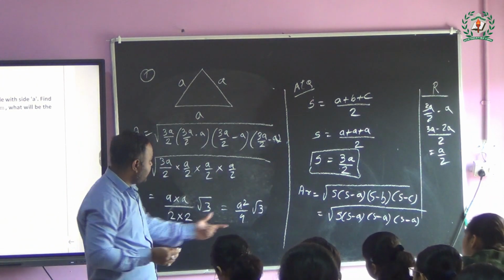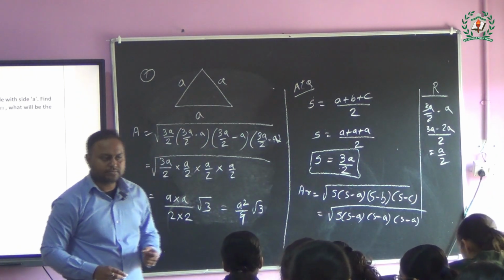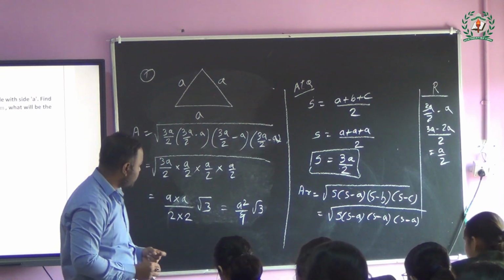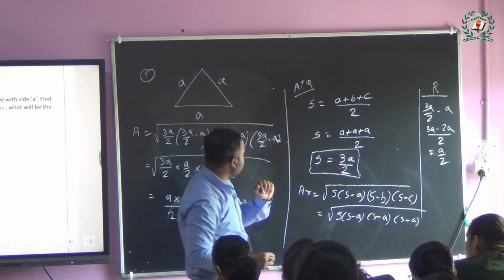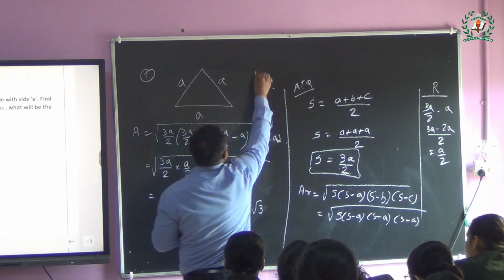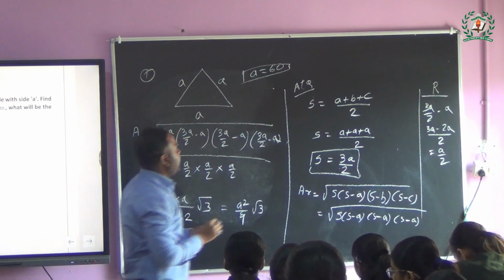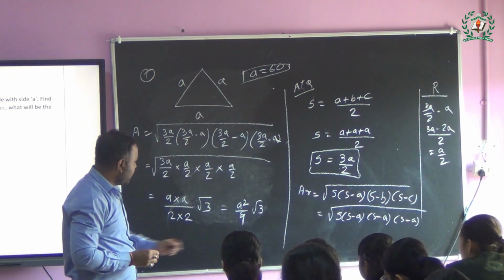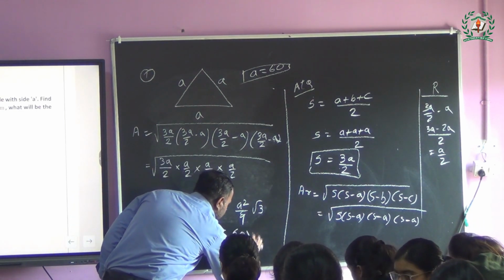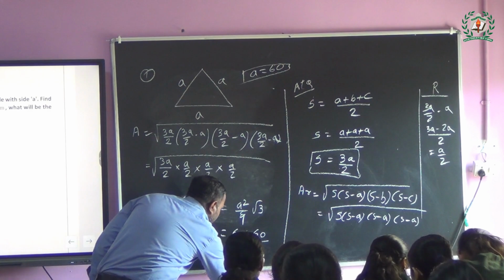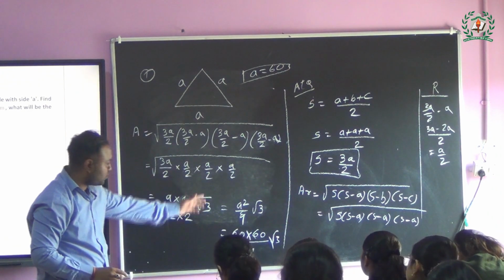Everybody reached here? Who has reached here, class? I think everybody got this much. Very good. So now see, we already calculated the A. What was the A? I have rubbed it. A was 60, I think, during the calculation. A was 60. Okay. Now put the value of 60. That is 60 cross 60 by 4 root 3. Is it clear, class? Please note it down up to here.